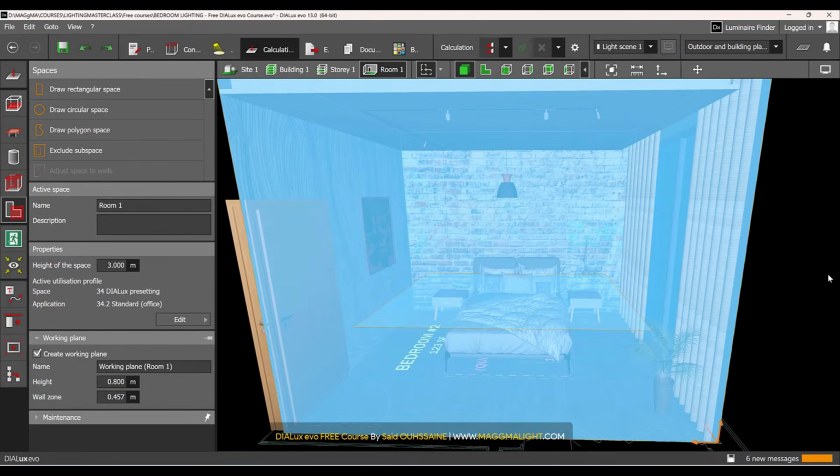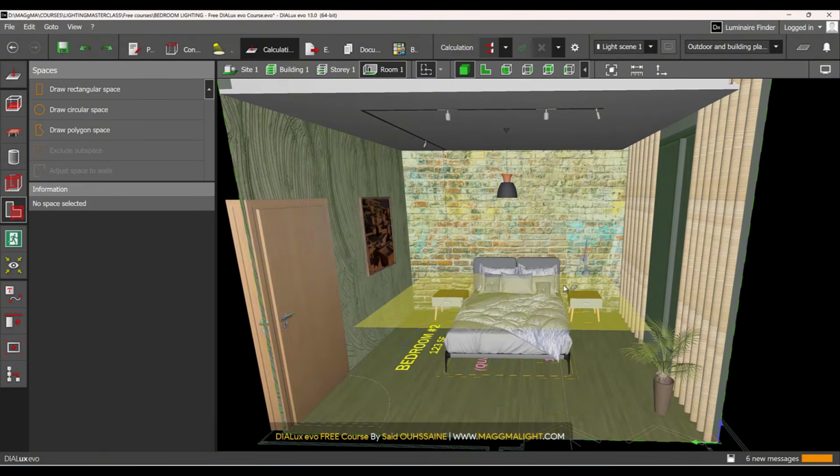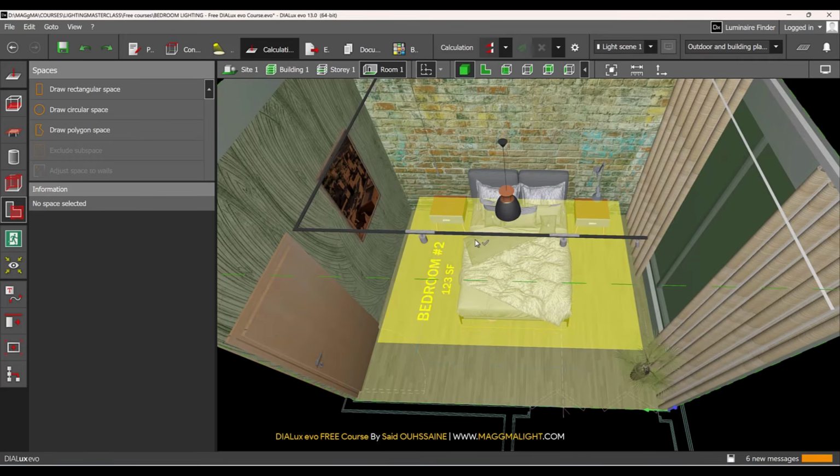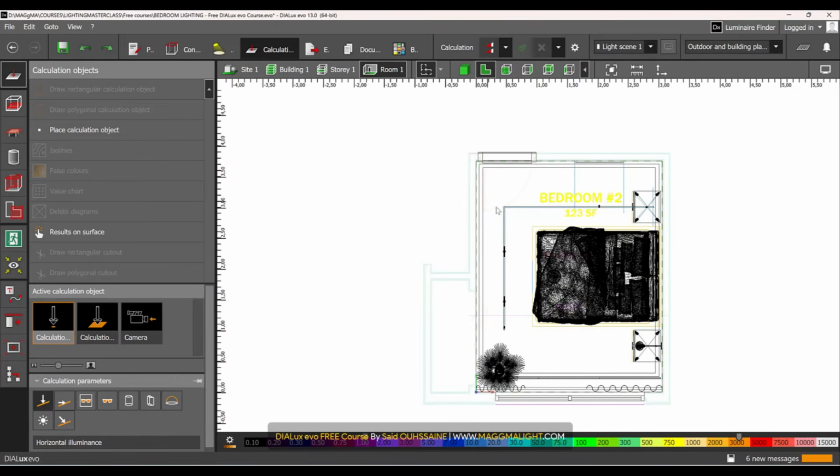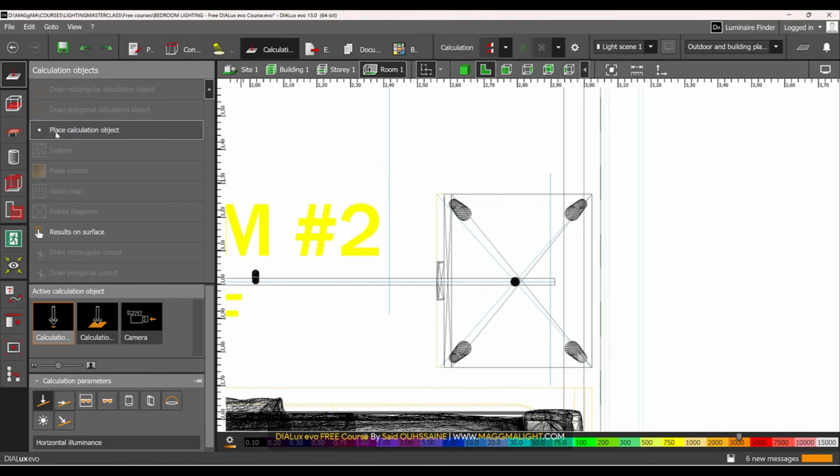We're going to divide this into little spaces. So we're going to have, for example, we're going to calculate the lighting on the tables. Then we're going to consider this area as a corridor, and we're going to add lighting calculation objects accordingly. So let's insert a lighting calculation